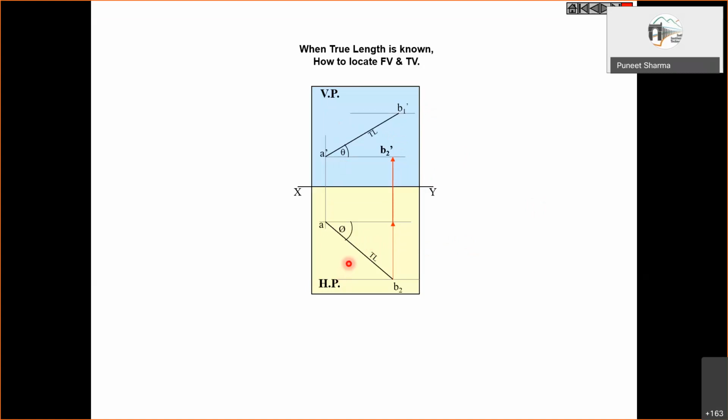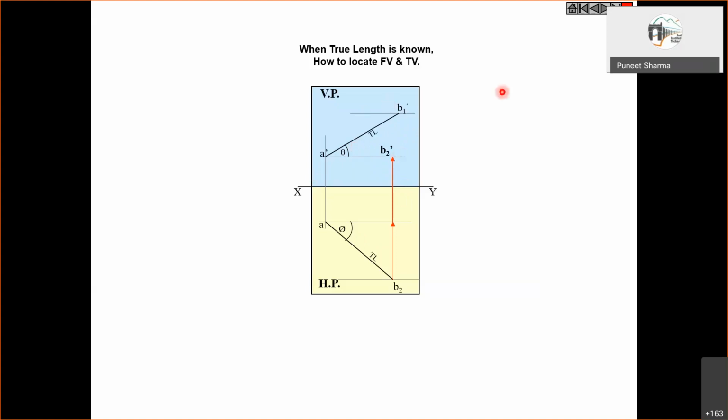With this condition, we get the length of the front view when the line is inclined with an angle phi. And with this condition, we get the distance of B1 dash from XY when the line is inclined at theta inclination. So if we merge both the conditions,